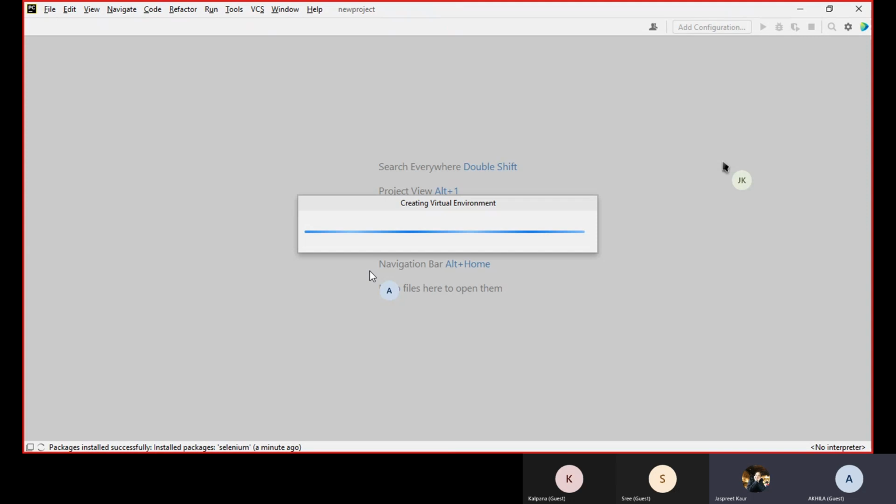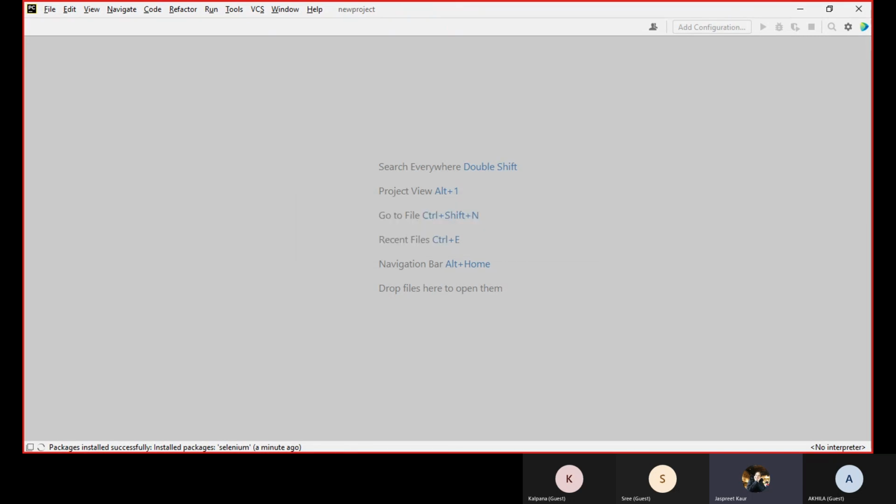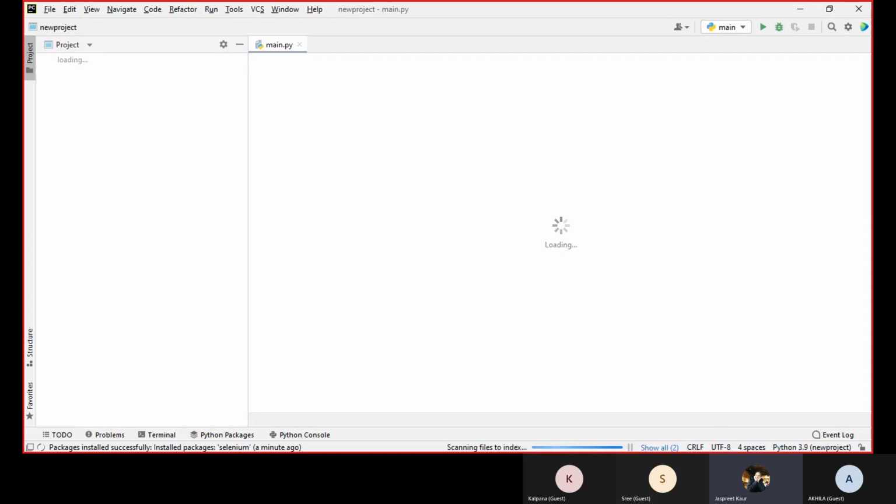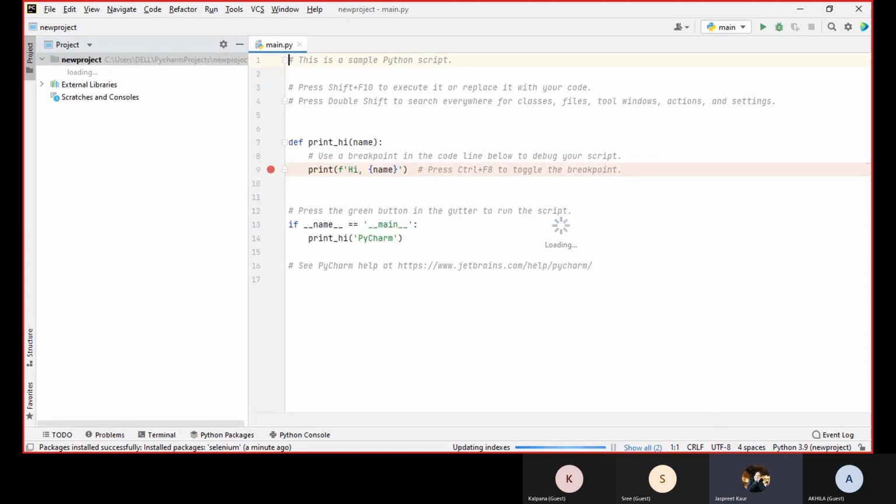Meanwhile, Akhila is setting up the project. What we are going to do next in today's session, I'll inform you guys. We have been aware of the Python language. We know that it's a programming language. Now we have a little understanding of Selenium, that we know how to check the version, and how to open up the browser, right? But there is one more necessity that we need to understand before proceeding further.